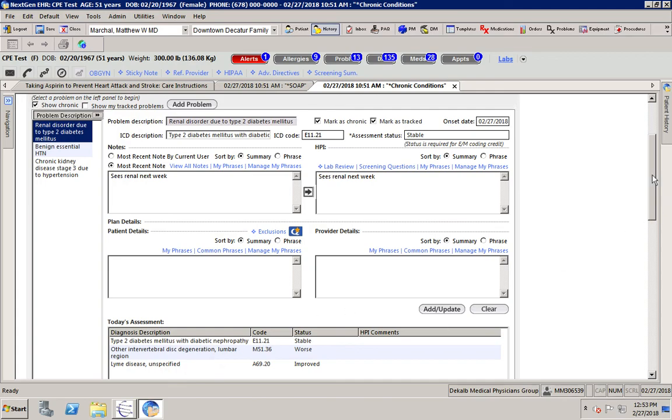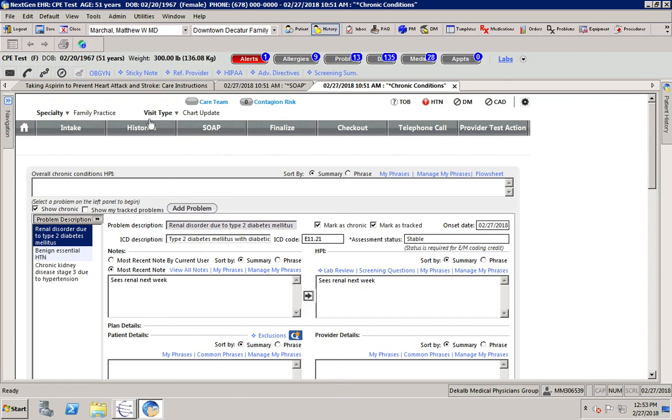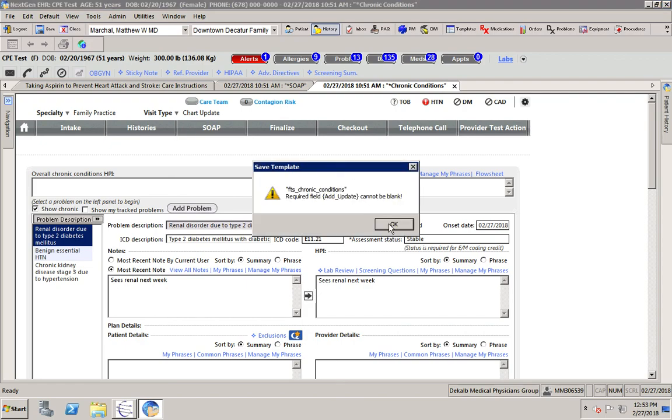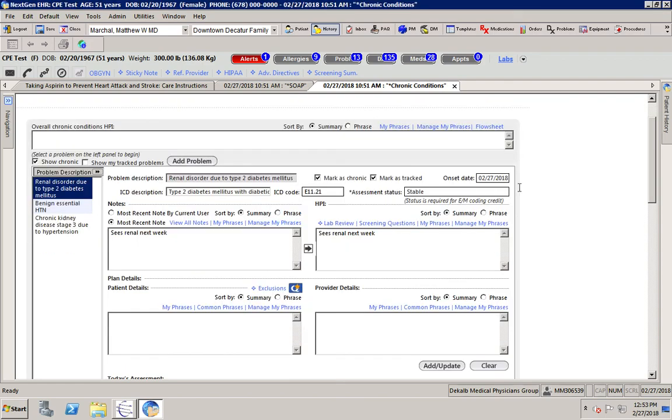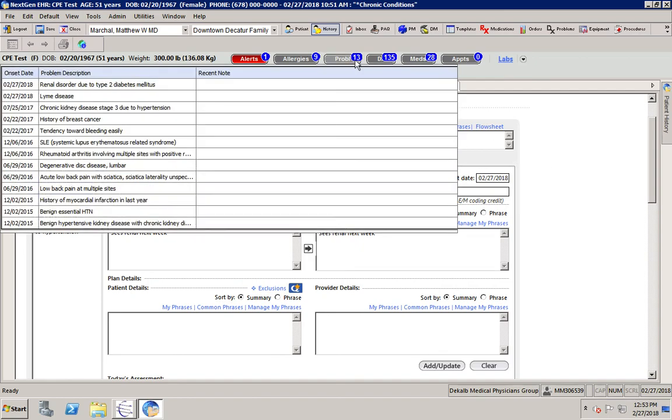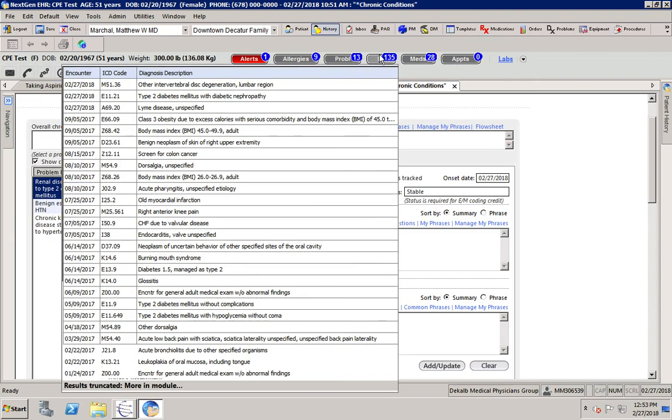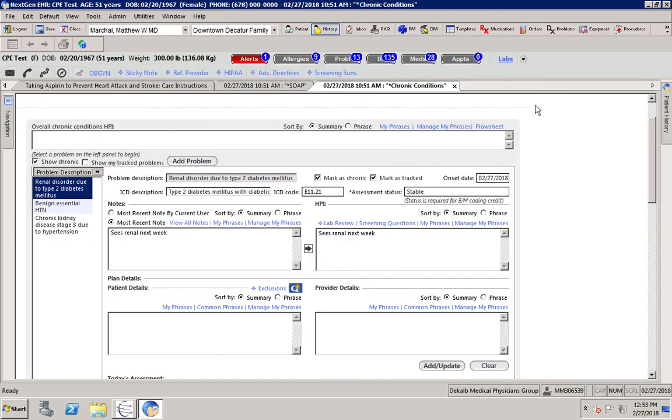So anyway, that's the long and short of the problem list. Like I said, strongly encourage people to start trying to build out that problem list, identify their chronic conditions. It really reflects the complexity of the patient much better. It's much easier when another provider is seeing them to quickly look up at what their chronic problems are, not just what their long list of diagnoses are. And as you make them into chronic problems,